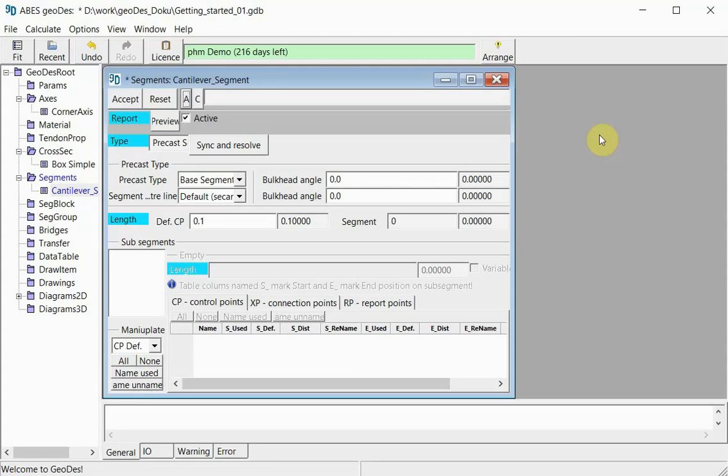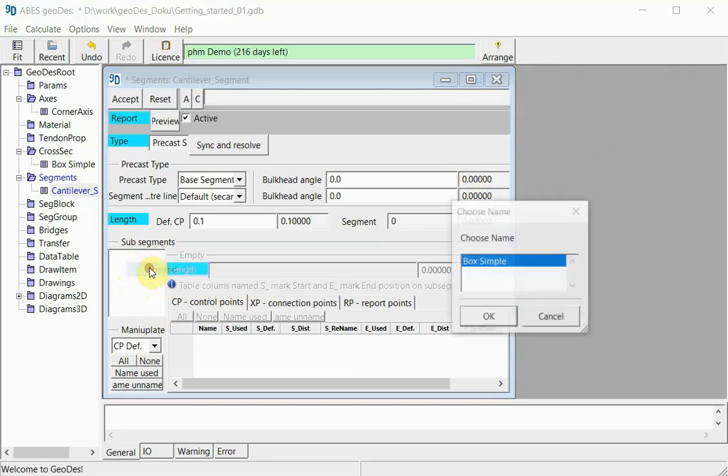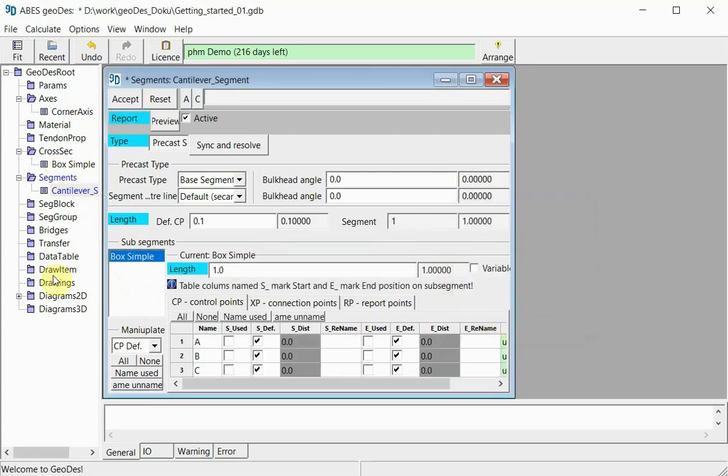A good way of visualizing the process here is to think of a segment as an extrusion of the cross section we want to use within this segment. As a first step, we go to this window here, right click, and we select our cross section that we want to extrude. Now we only have one cross section, the one that we defined earlier. It's called box simple, and we are going to use this one. We want to extrude this cross section with a length of 3 meters,